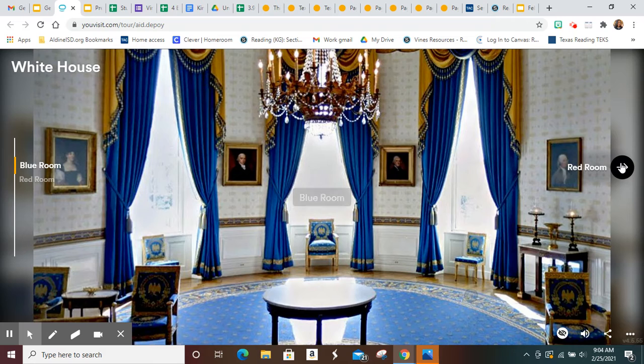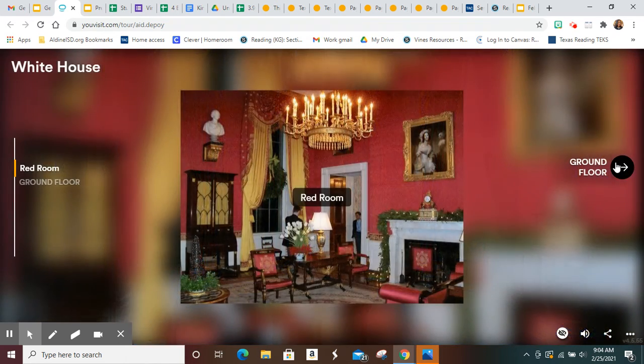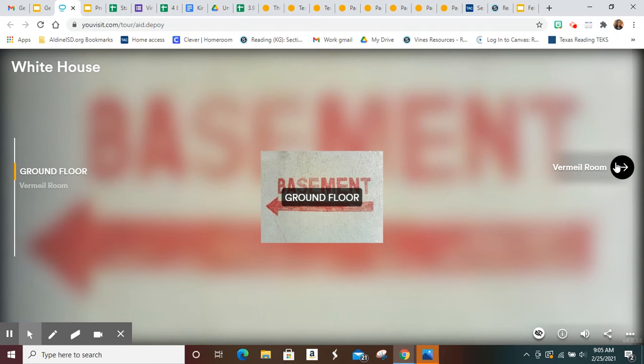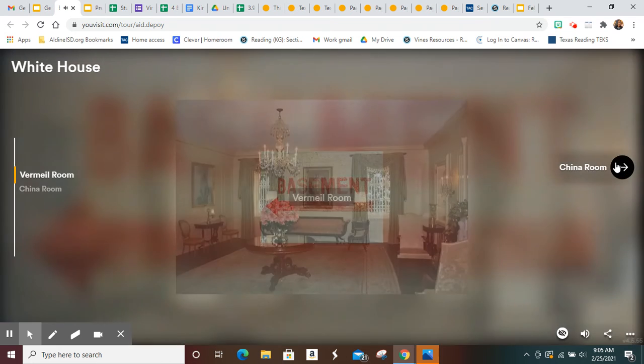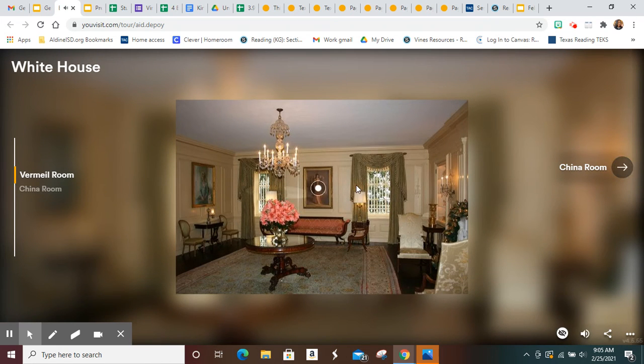This is the Blue Room. And if you notice, there's some pictures of some presidents there too. This is the Red Room. Now we're going to go down to the ground floor. Ground floor, the Vermeer Room,